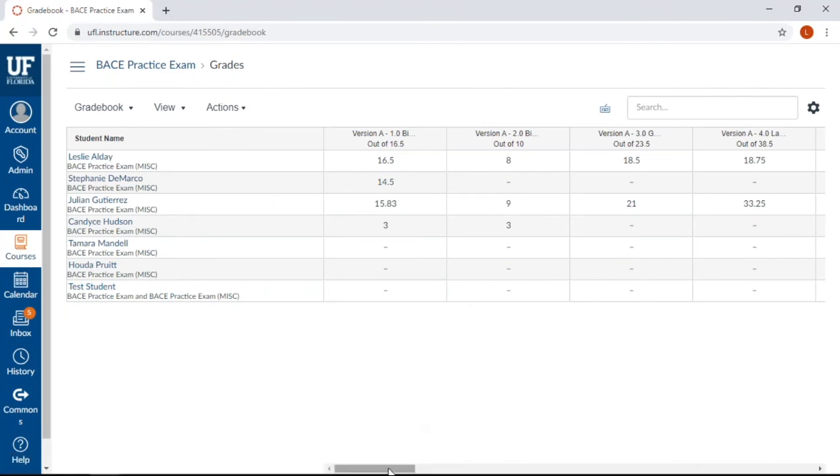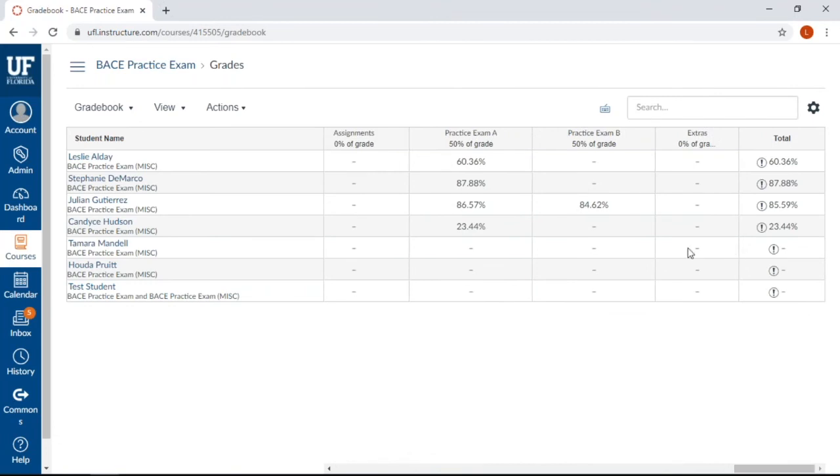At the end of the table, we can see that it also contains composite grades for Practice Exam A and Practice Exam B. The course total is produced by averaging Practice Exam A and B grades. It's worth noting here that the practice exam results have no bearing on a candidate's official base score. The scores within the base practice exam course are here to help exam sites assess their candidates' strengths and weaknesses.